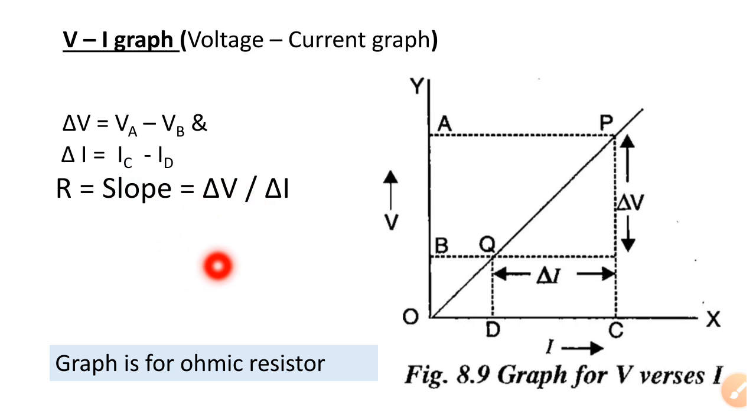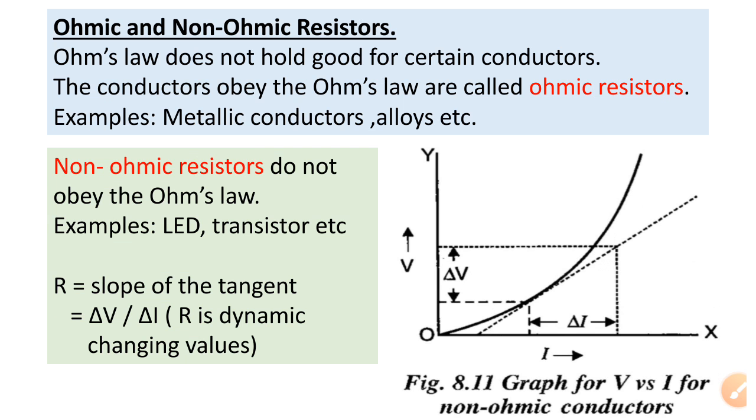So this will give the resistance. So the slope here in the VI graph gives the resistance, and this one is a graph of ohmic resistance, remember that. Okay, so what is ohmic resistance? See the next page. Here we have ohmic